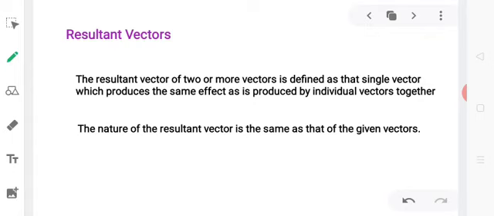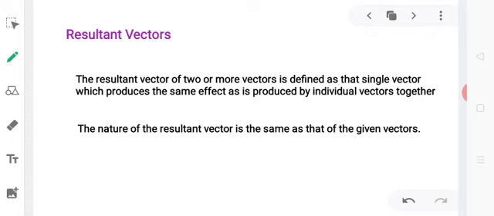In the previous class I had told you that in physics we study a large number of physical quantities which are broadly classified into the categories of scalars and vectors. Scalars are those physical quantities which have magnitude only but no direction, but vectors are those quantities which have both magnitude and direction. We studied a few important definitions in vector algebra. We also understood the importance of vectors. So today we shall discuss resultant vectors and then switch over to the topic of discussion for today, that is addition of vectors. The question arises, what do we understand by the resultant of a vector?